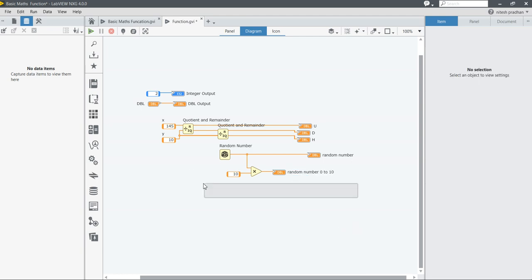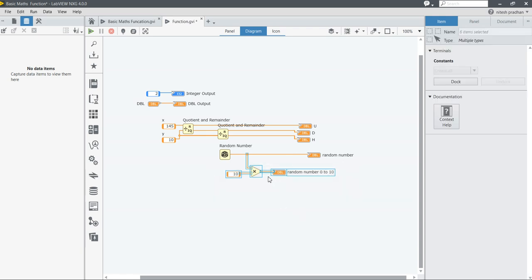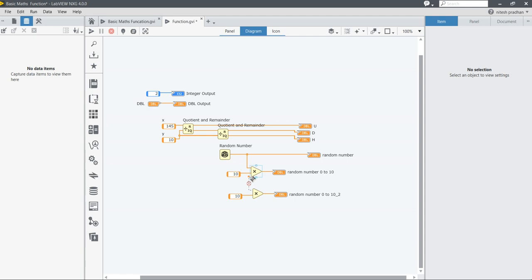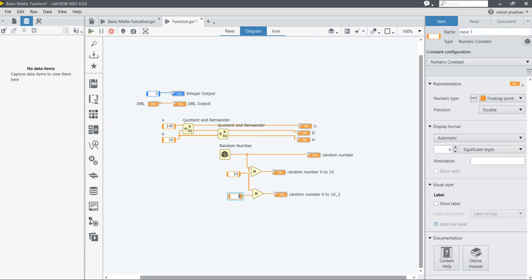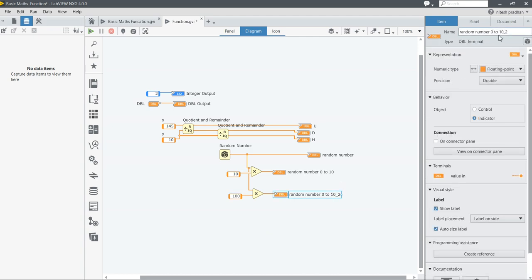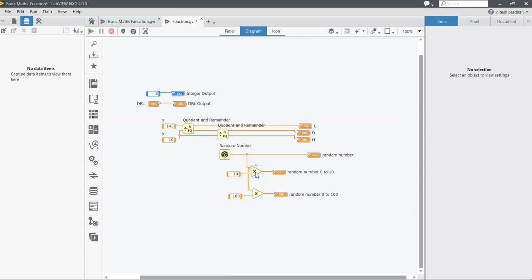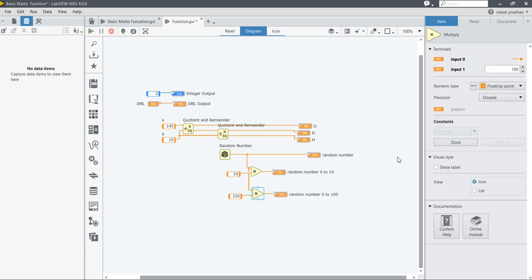Nice. Now I want to change the random number generator from 0 to 100, so I can use the same function, and it will be 100. So now let's go to the front panel, click here first, show label, click here and show label.